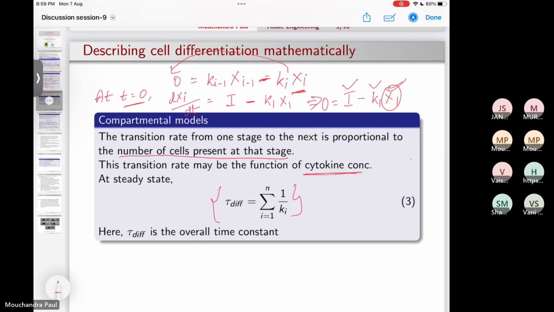And this tau diff, where diff stands for differentiation, is the overall time constant. That is the time it will take for the entire process to finish. So this comes from the summation of all the values that you obtain for each stage, stage 1, 2, 3, 4, like this. Okay,